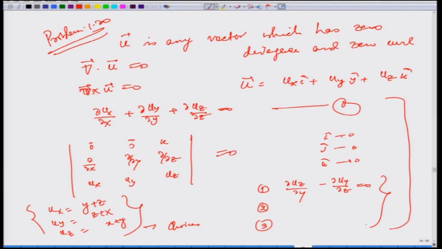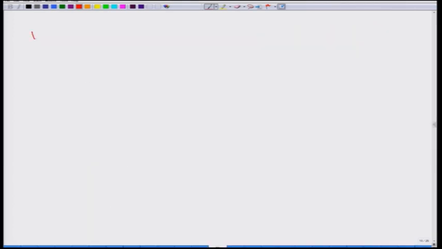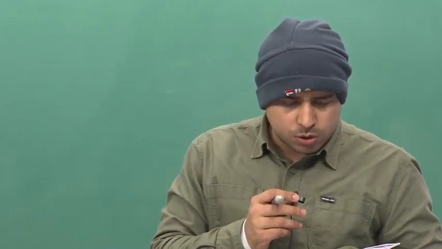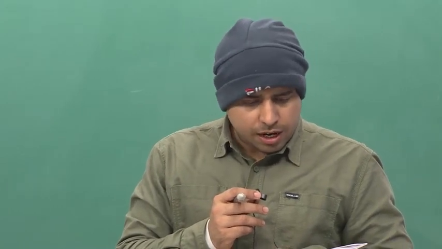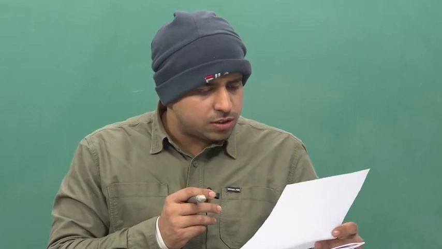The rest of the questions, that is problem number 1.57, problem number 2.26 and problem 2.47, will be done by Ravit. The remaining problems, that is problems 2.21, 2.26, 2.34 and 2.35, are left for the students to solve. These are very easy questions, and that's all for this assignment.